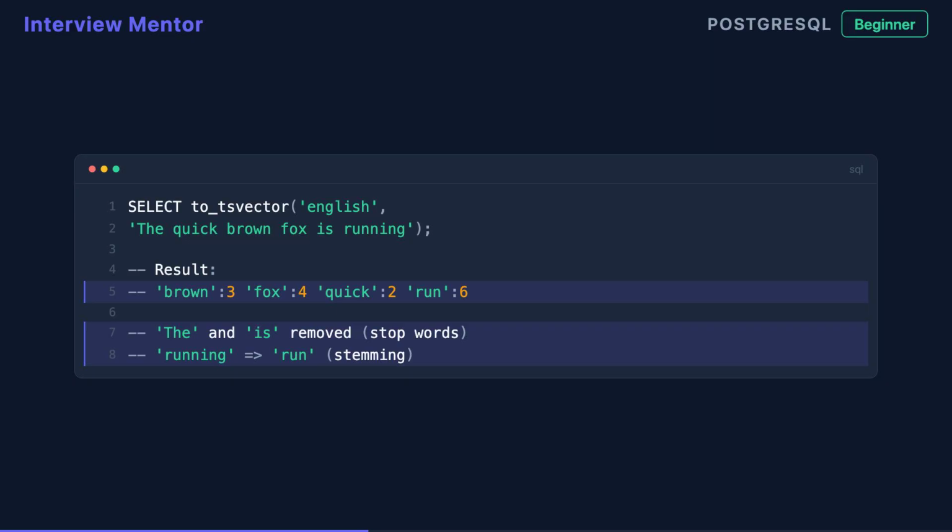The word running becomes run. Searching becomes search. This is called stemming. Additionally, stop words, common words like the, a, and are, are removed entirely since they add noise without meaning. What you're left with is a compact set of meaningful root words, each annotated with its position in the original